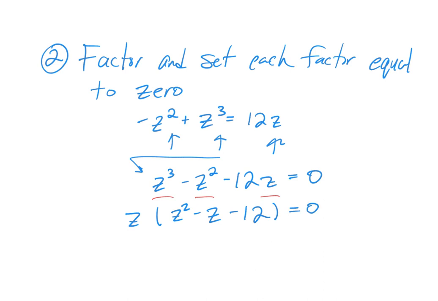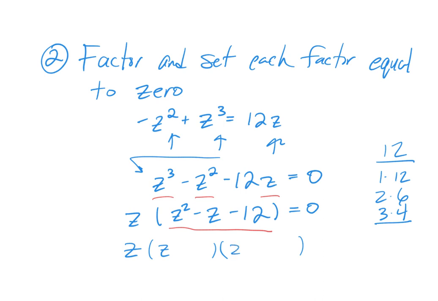Now, I notice that I can factor this trinomial. So I need 2 numbers that multiply to get me 12 and subtract to get 1. So if I write down all my factors of 12 over here, so when I look at my factors, I notice that 3 and 4 will give me the results that I need. So I'm just going to put those into